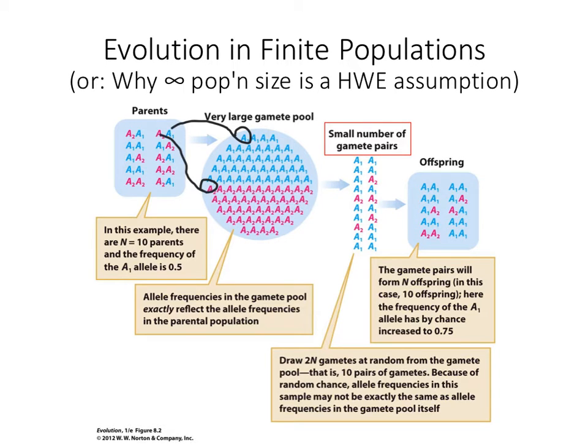So you might expect it to increase in frequency. Or A2 could be selected against. So if A2 is detrimental, then you'd expect it to go down in frequency, which means A1 would increase relative to that. Or it could be